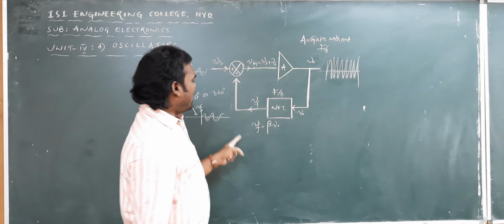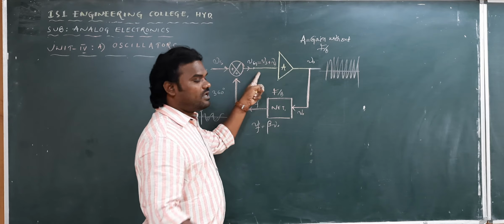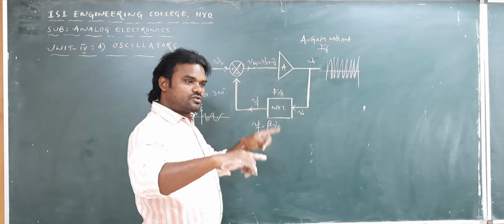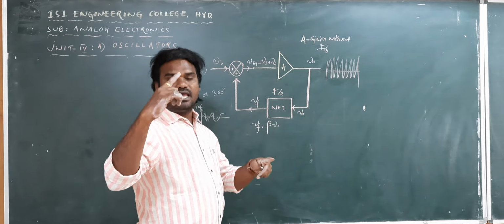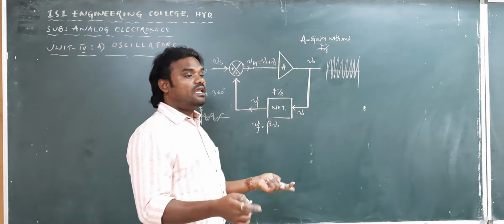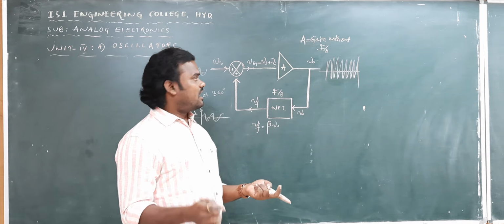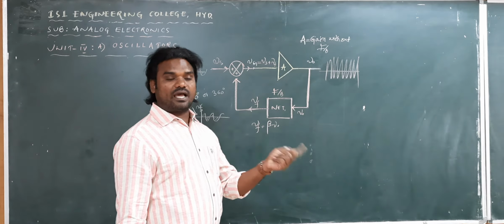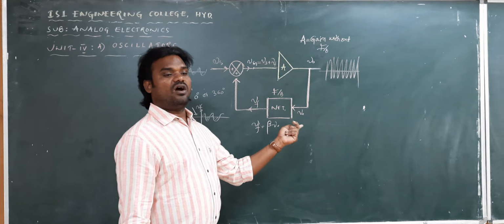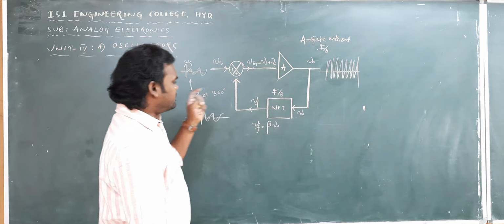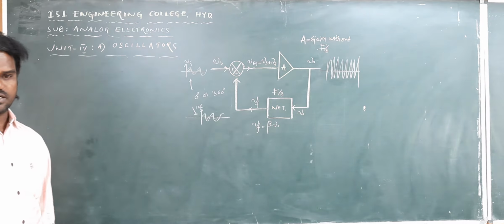Simple thing. By employing the positive feedback, Vin keeps on increasing, so that Vout also keeps on increasing. Beyond its capacity, it is unable to make the amplification, it starts the oscillation, and from that point onwards it no longer acts as an amplifier, it acts as an oscillator circuit. And this is the concept behind the oscillator circuit.